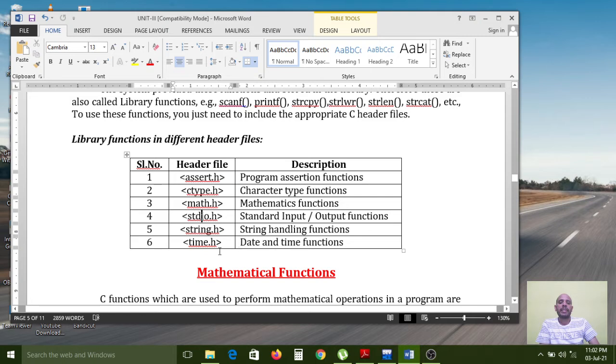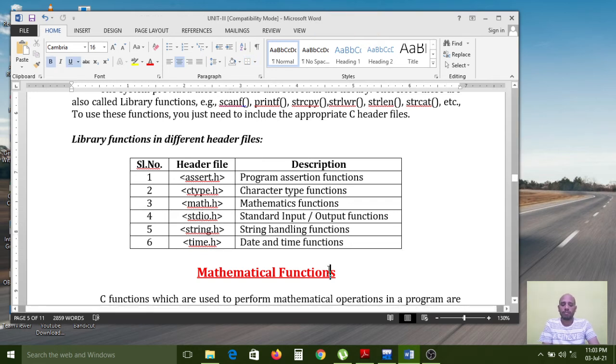The time.h header file is used if you want to display the date and time from your current system. For example, in my laptop I have the date and time now, and I want to print this date and time on the console. How will it print? By using this time.h header file, which internally contains some predefined functions we can use in our programs. Then these functions will work properly to display the time and date in our console.